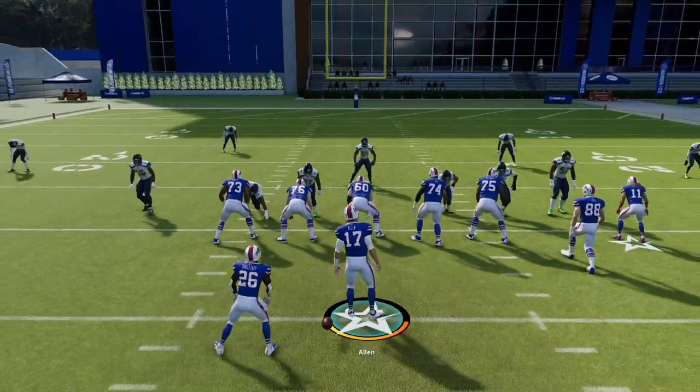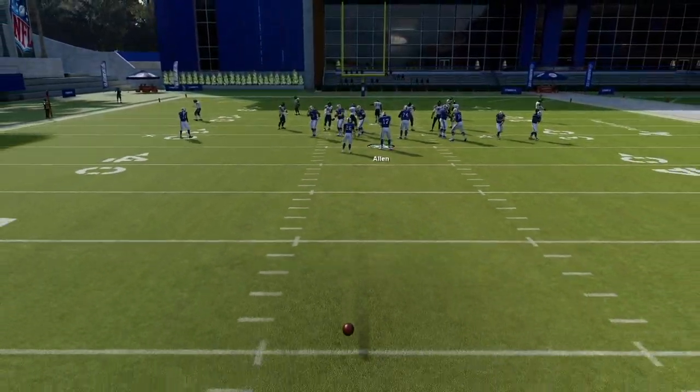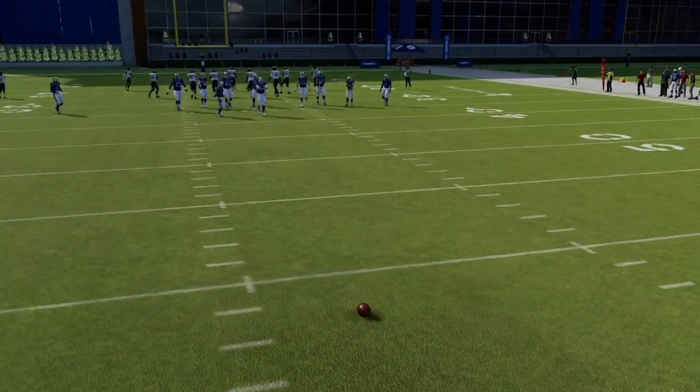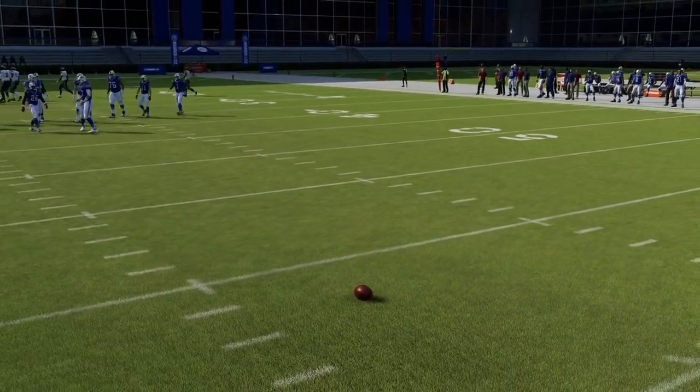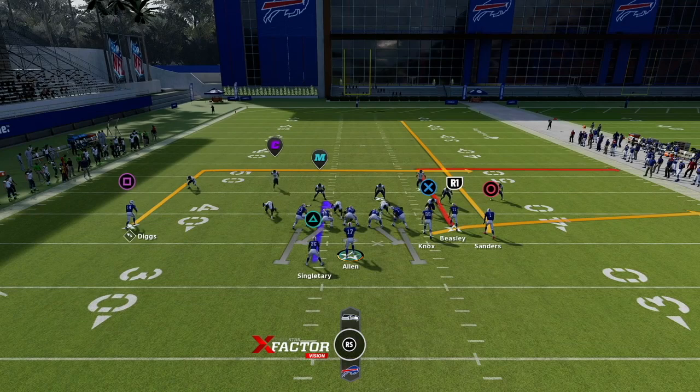Let me move the ball back a little bit. Usually you want your bunch lined up on the wide side of the field. So you always want to utilize these hash marks to give yourself more space for this flood concept to that side. So what you're looking for here